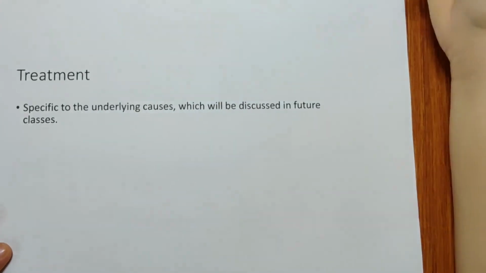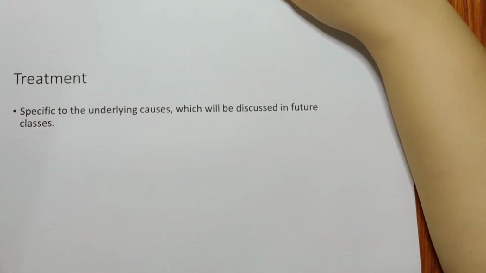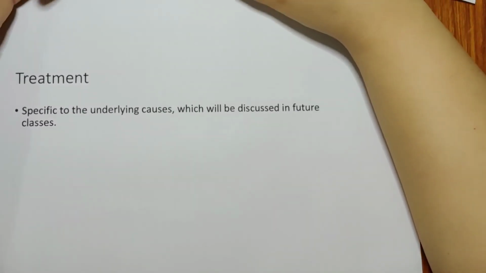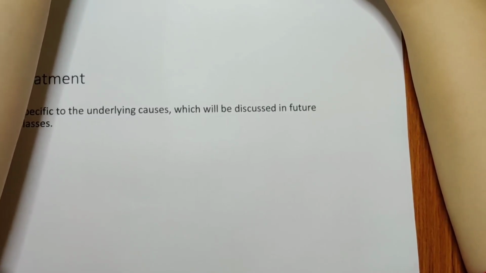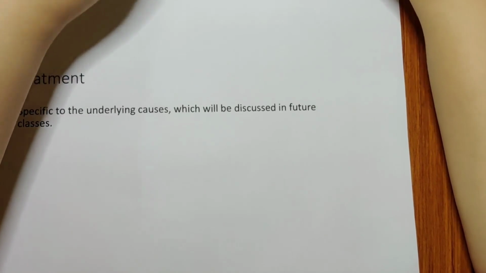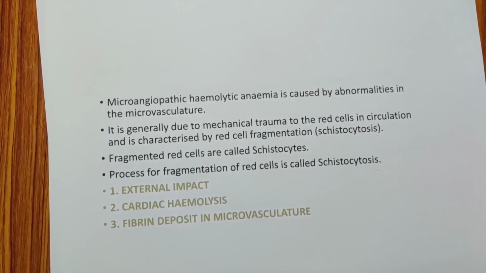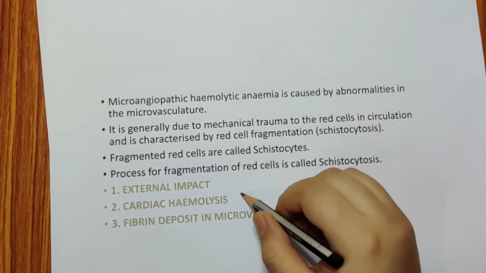Okay. So the three topics we have discussed start with external force. In external force, if you stop doing such harsh exercises, automatically your hemoglobin will start to recover. Okay. In cardiac hemolysis, because of the mechanical valve, all these things are happening. So what we can do is either remove the mechanical valve and put prosthetic artificial grafts. If you put an artificial graft, your RBCs will not be under so much stress.